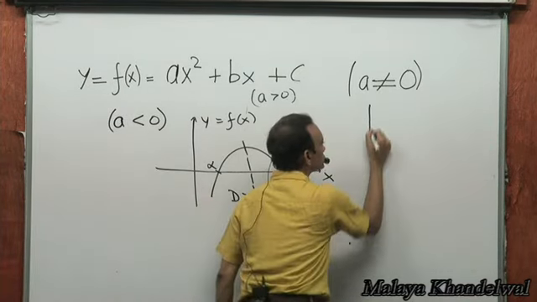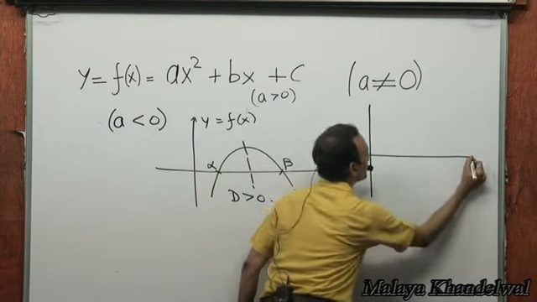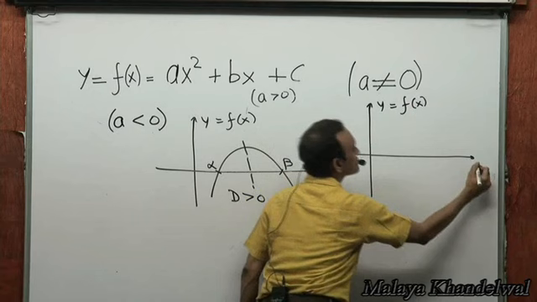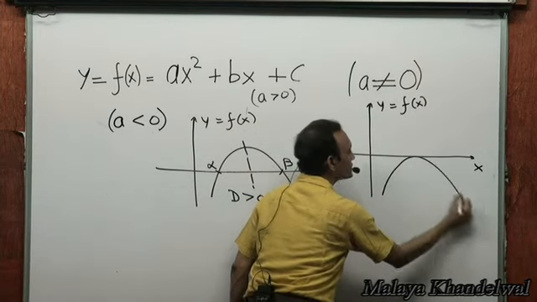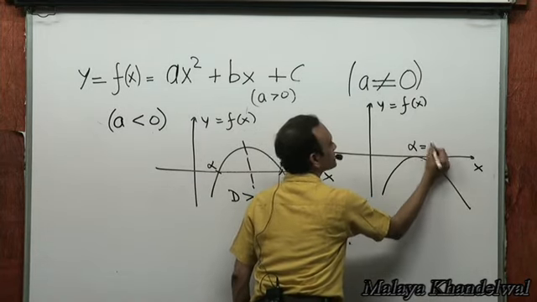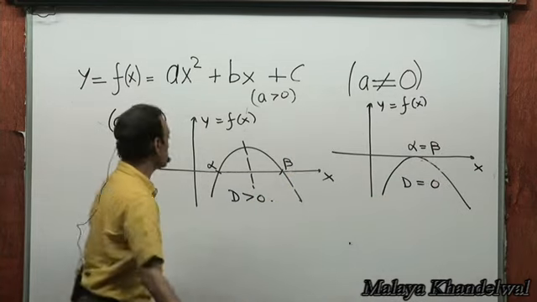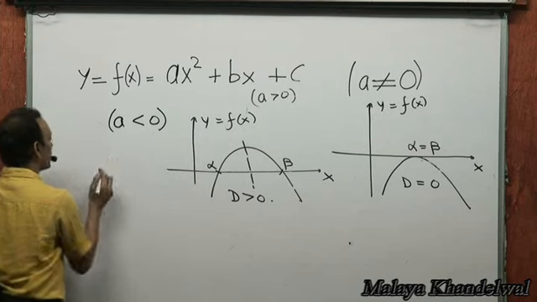Or we could have had the parabola becoming a tangent to the x-axis and downward opening. In this case, the x-axis becomes a tangent. Roots are real and equal. This is discriminant equal to 0. Or we could have had